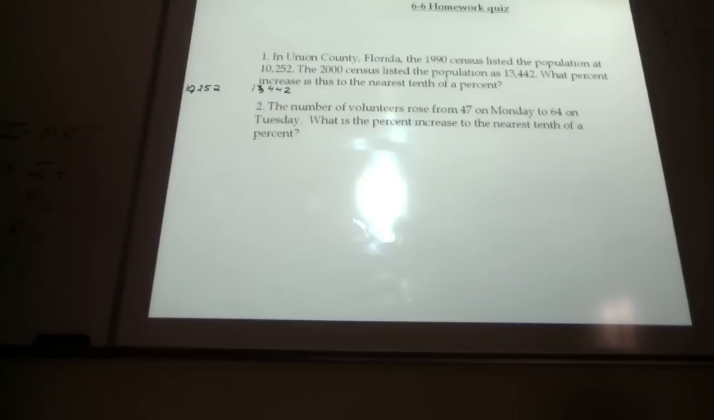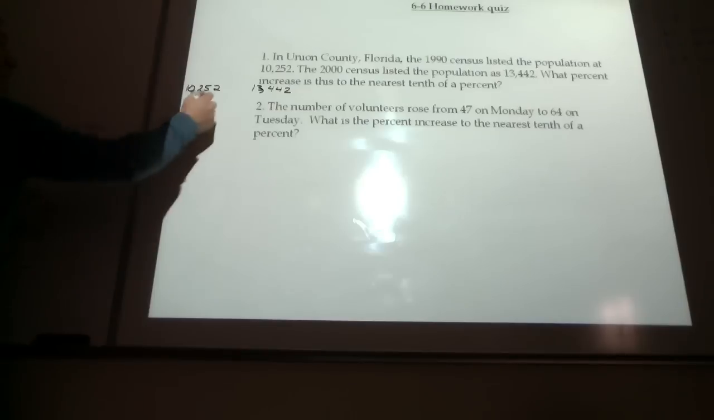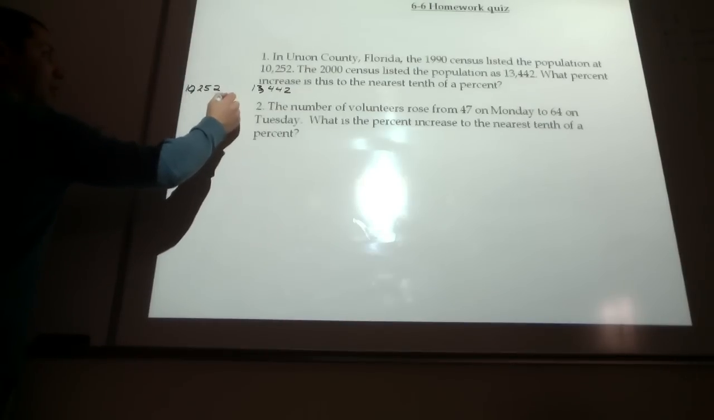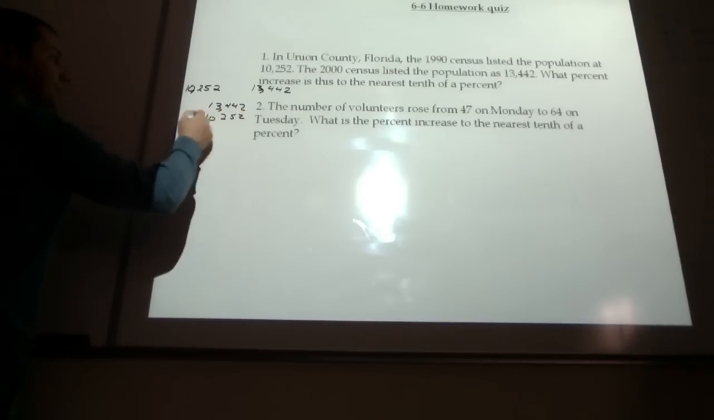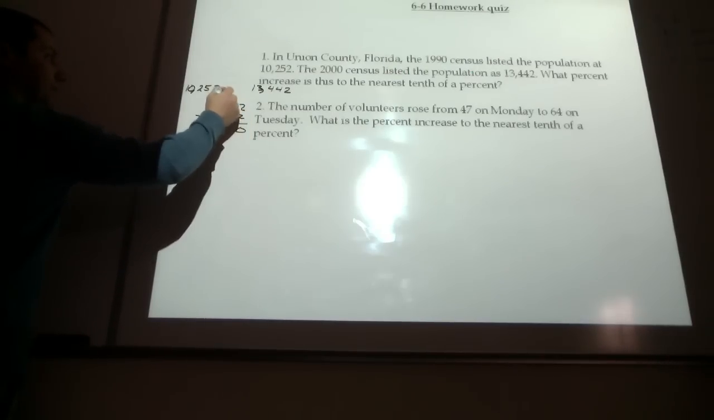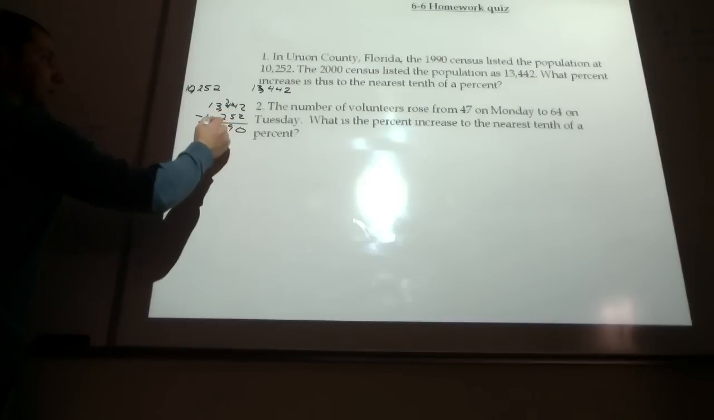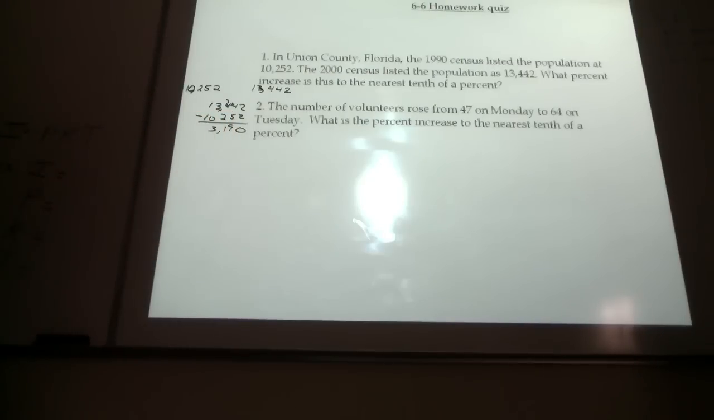To find how much increase that was, we have to find the difference between the two. We take 13,442 and we subtract 10,252. We increased by 3,190 people. Is that correct? Correct. Now, if we want to just estimate that, what we're trying to do is figure out